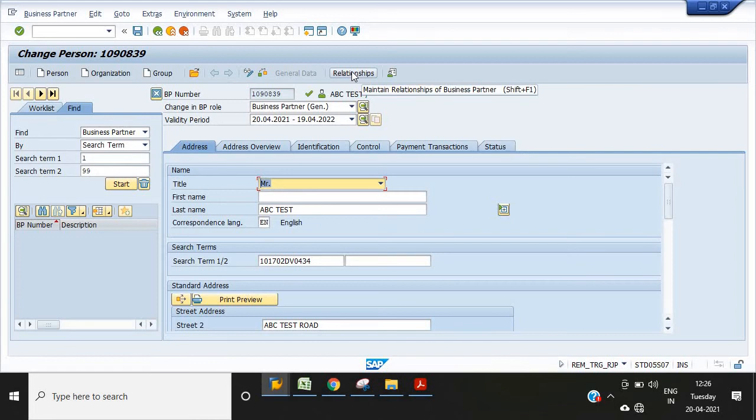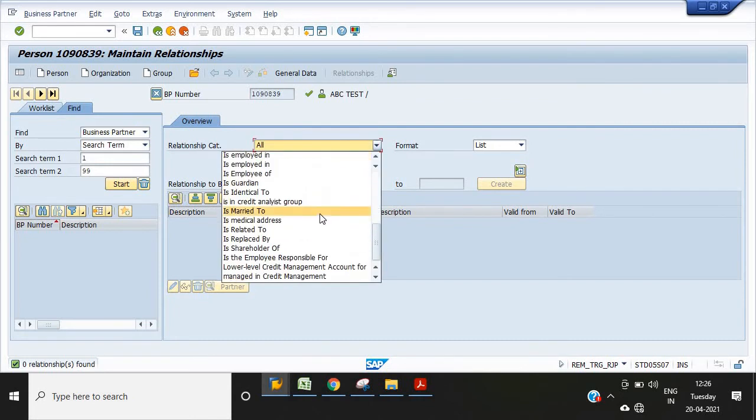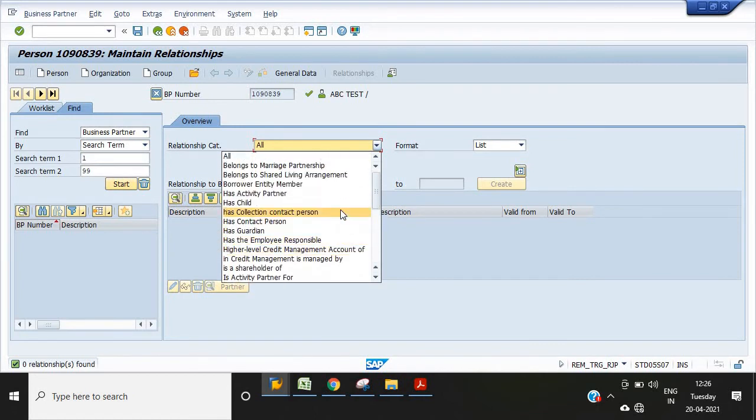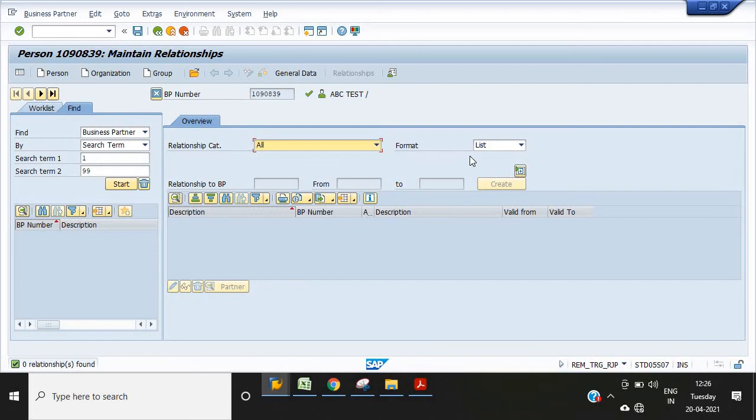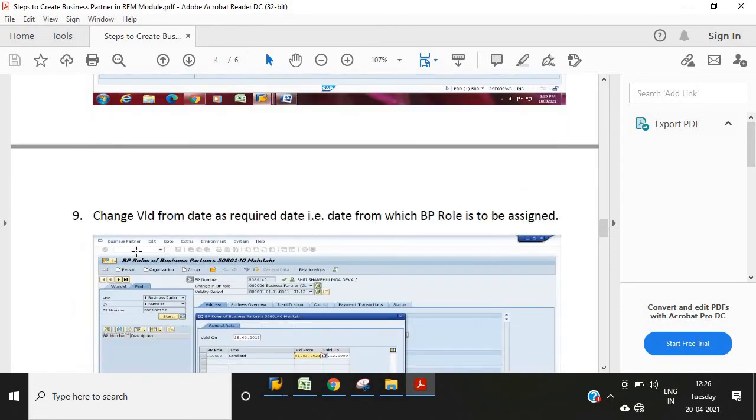Click on this relationship. The next part is the validity period.